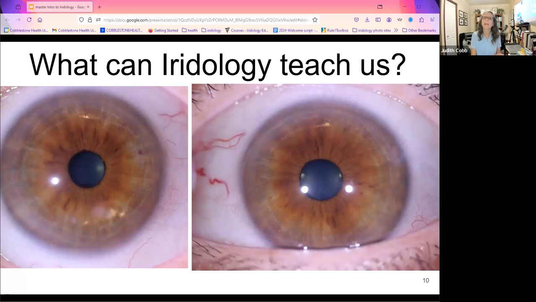And I say that because the work we do is not going to change the irides one little bit. The irides are genetic, and the things that we do are not going to change their genes. We might turn epigenes on and off, but we don't change the genes. The genes are still there.